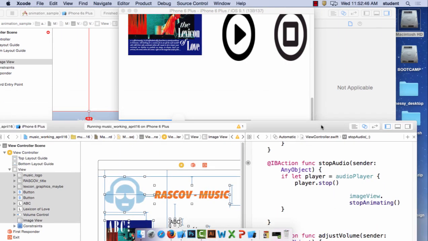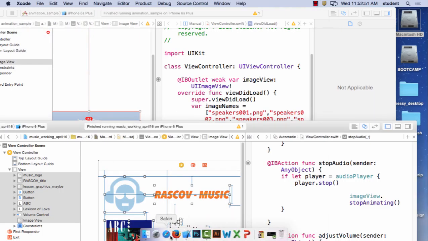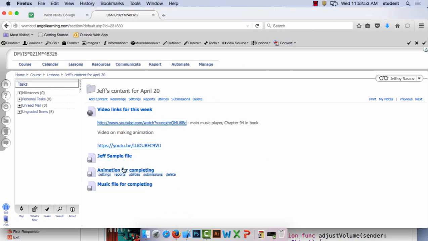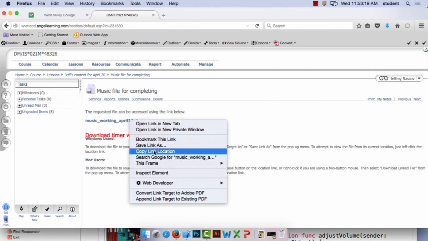If you want to see how I did this, the example is on Angel. If you want to dissect it, again on Angel there's a music file for completing. This one right here is the complete one. And of course this is the plain animation, and this is a plain audio file. So you can combine these two together. Or this one is the complete one here. So if you click on this and download this file here,